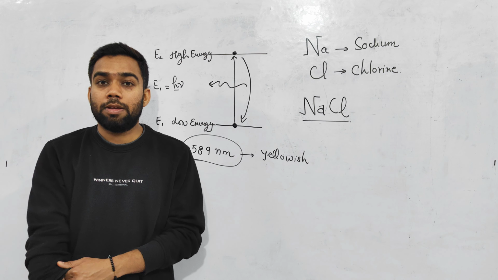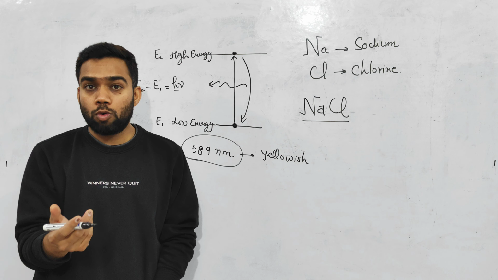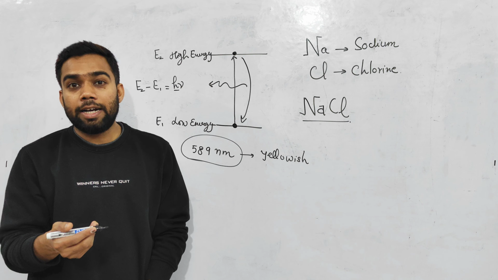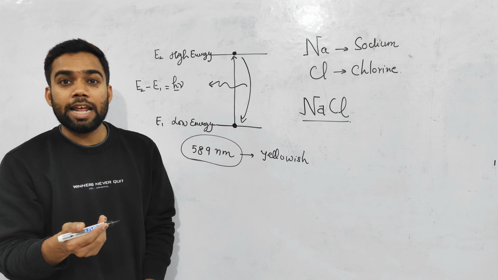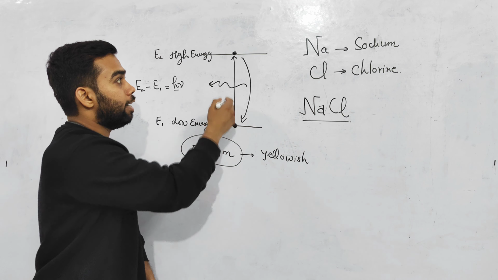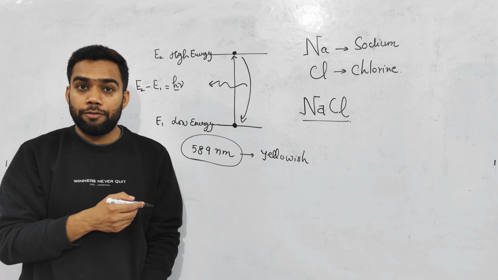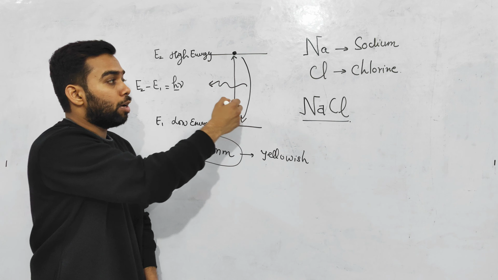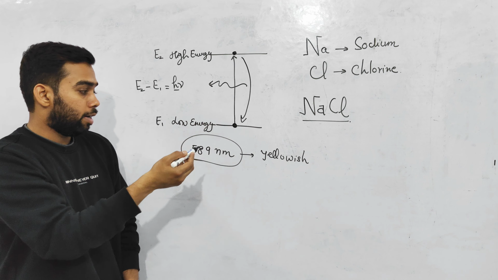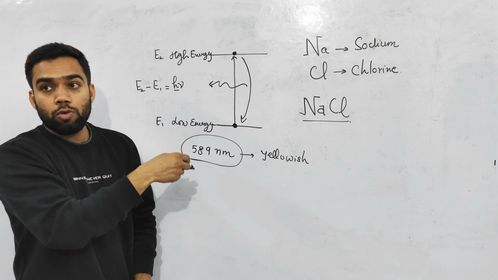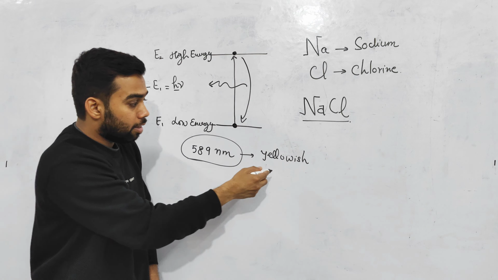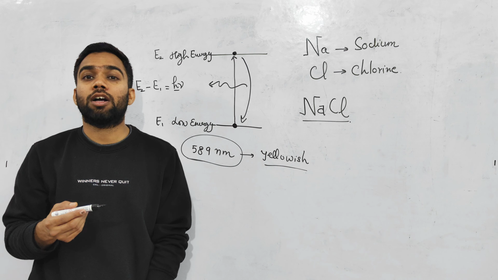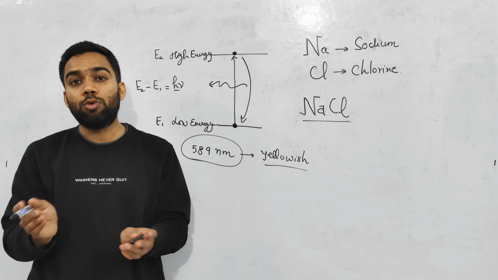So the phenomenon is very simple. The sodium atoms in the sodium chloride get excited, their electrons gain energy from the flame and are excited to the higher energy levels, where they are not stable for a long time, and once again they come back to the ground state emitting a photon, and the wavelength of that photon lies in the yellow region of the visible spectrum. That's why we see the color of the flame change from blue to yellow.